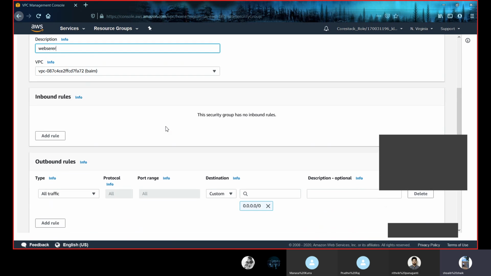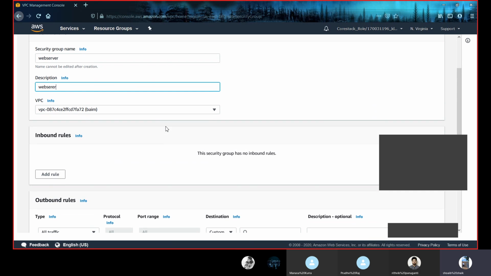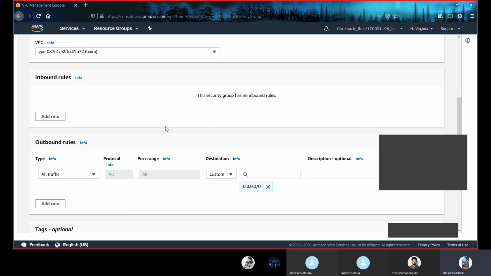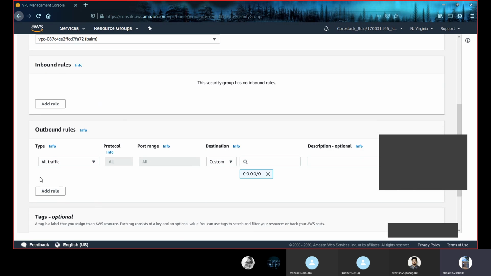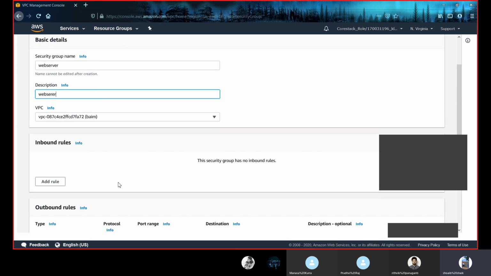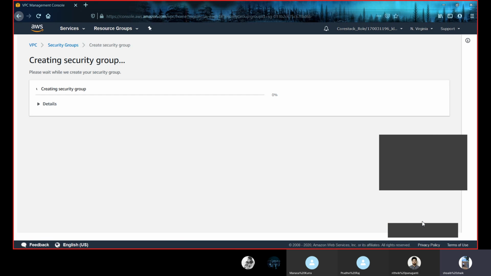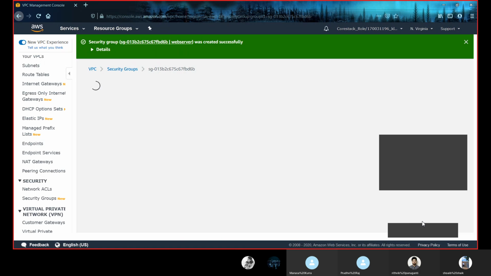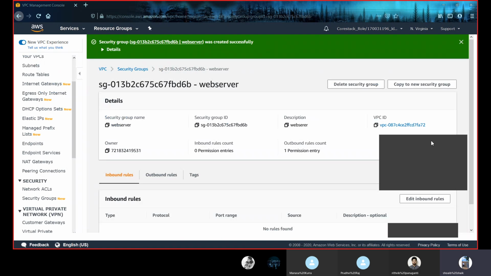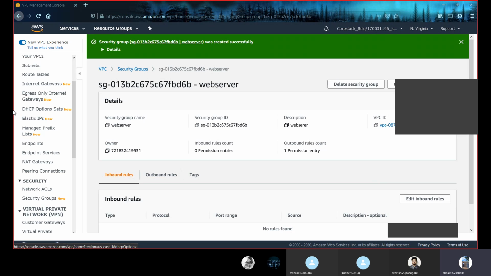As you can see here, all the outbound rules are predefined. We have to add rules for inbound rules. We'll be adding it later. Let us just click on create security group. The security group was created successfully. Now let us view it.